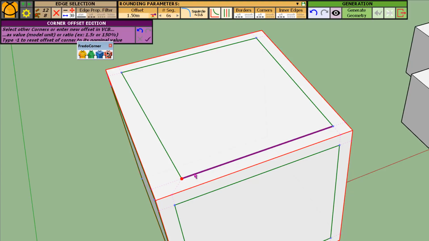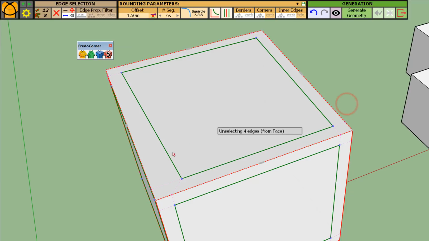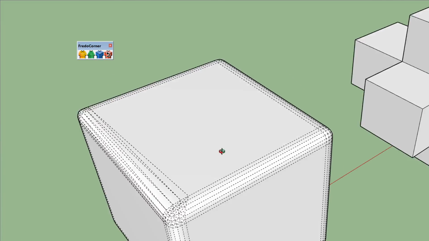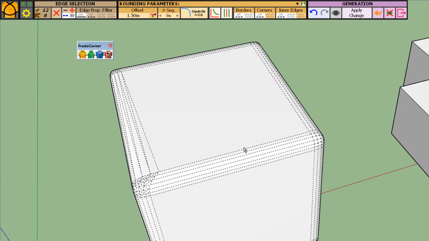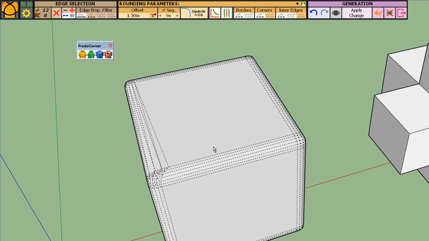Okay, so here if you do that, only this border and corner are selected, have a variable offset, and therefore you will generate a different shape. So again, this is experimental, not sure it does work in all situations.